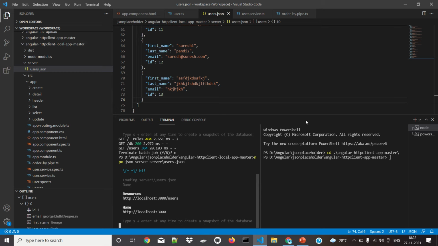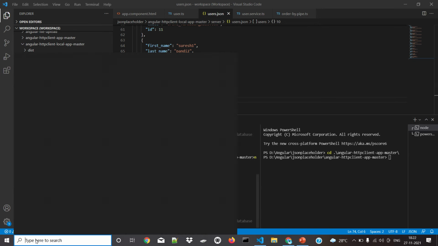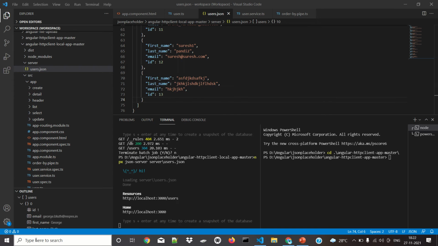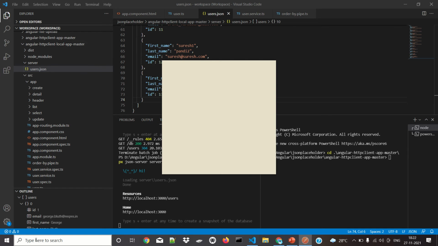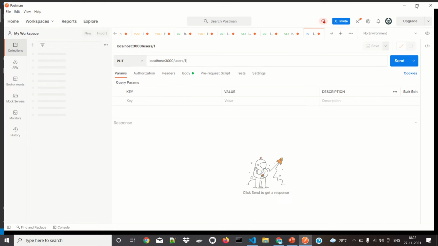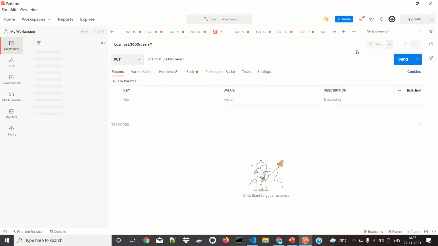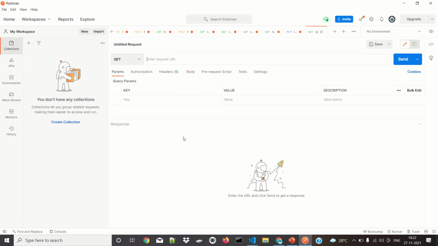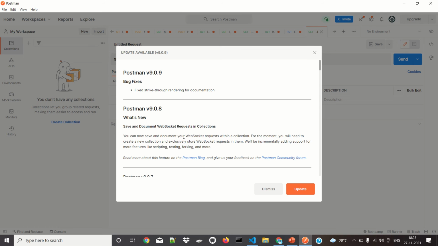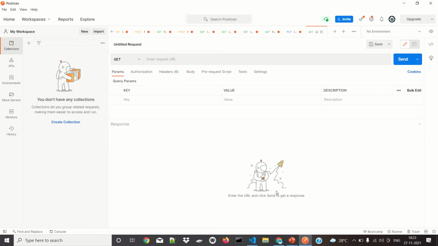Okay, and then I have Postman. I'm opening this Postman, and I'm going to use this localhost inside Postman. So I will create something new. Postman is readily available on the internet, and it is mainly used for checking whether the REST APIs work. So you can easily check over here.